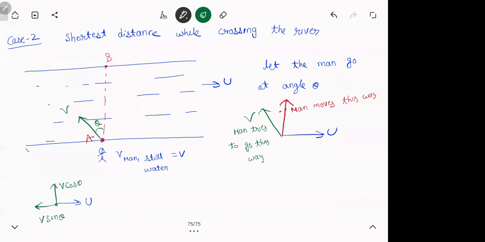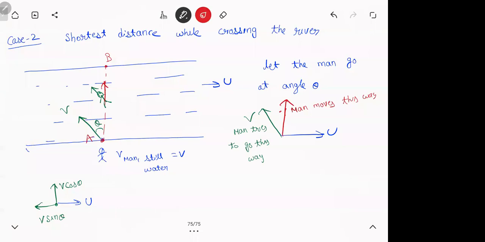Are you getting what is happening? Meaning, in the diagram, when the man is swimming, this is how he will look. He's looking this way, but he is going straight. You're seeing somewhere and walking somewhere else. The man will look a little to the left, but he's going in a straight line. Hope you're getting the logic. He's looking somewhere else and going somewhere else. This is happening because of the river.